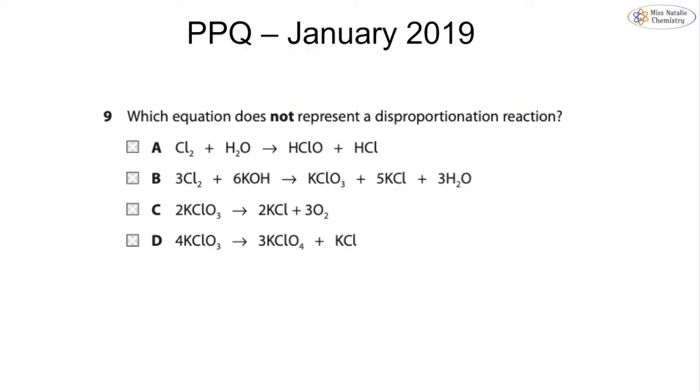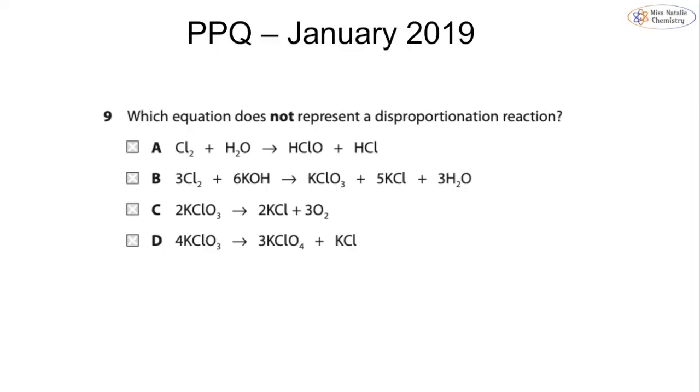So let's finish off by looking at some past paper questions. These questions will typically go hand in hand with topics 8B or 8C, looking at the reactions of group 1, 2 and 7. So I've only pulled 2 questions here. What you may find when you start to do past papers is the redox questions will incorporate lots of different